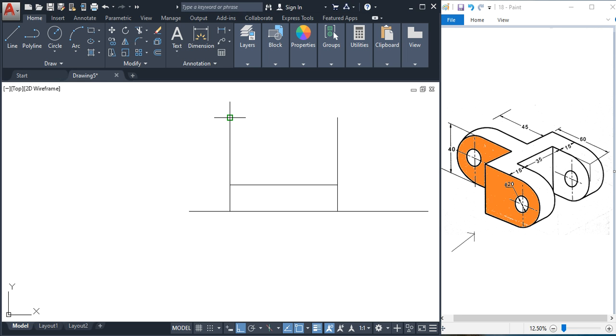From here to here, and now we'll make these two lines as center lines, and we'll draw these semicircles here, and we'll draw two more horizontal lines to represent horizontal axis lines for these semicircles and circles. Like this we can draw horizontal axis lines, and we'll draw semicircles here and here.